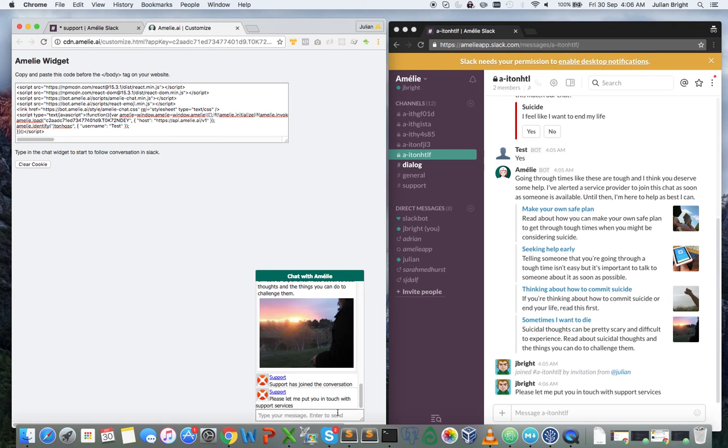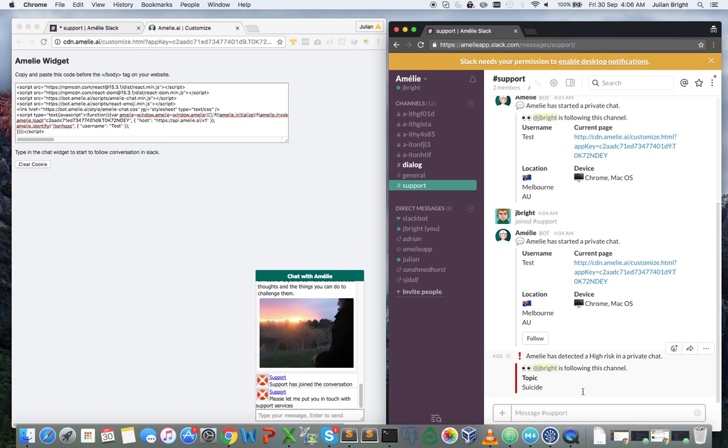So in a nutshell, we've demonstrated onboarding, the ability for private conversations to be started with users, the bot to be able to respond to those, users to be able to follow and then engage in conversations, and also being able to identify critical issues as well as other levels of issues which I haven't demonstrated. For example, if I was to try something less severe,